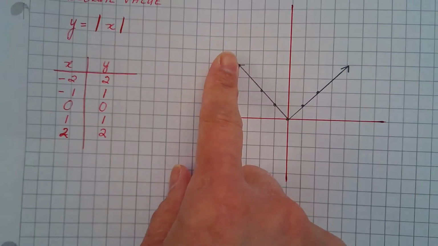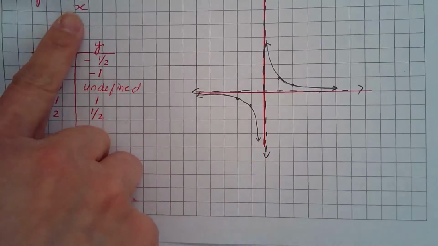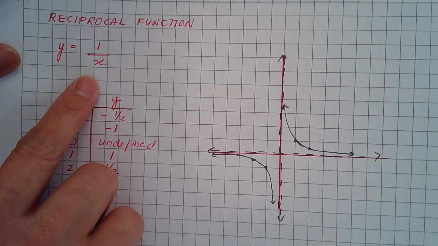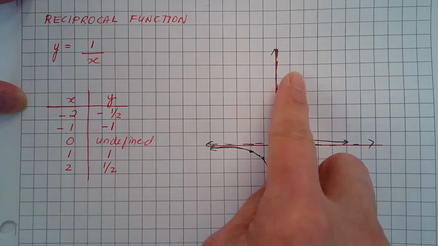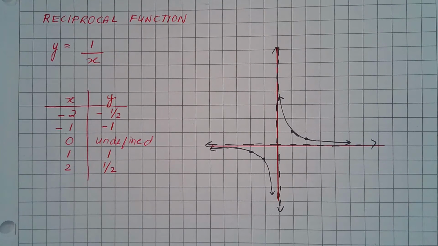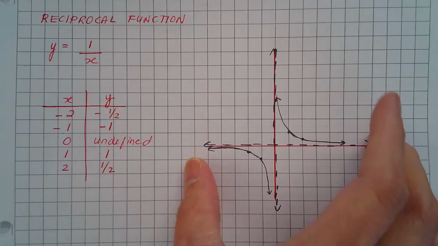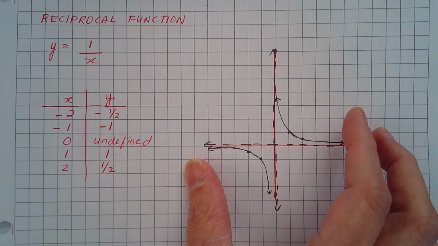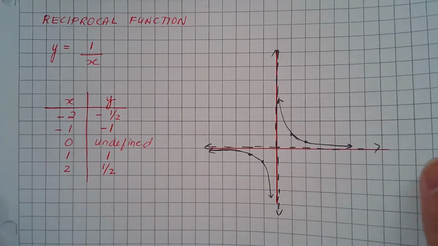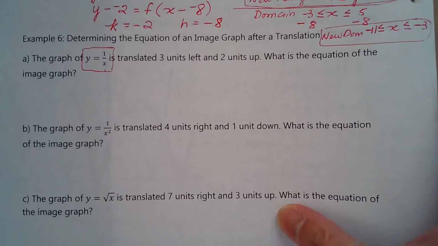Absolute value, and then we call it reciprocal function. So this is what that graph looks like, right? The y equals 1 over x really looks like this graph, okay? So what we're going to do is we're going to,